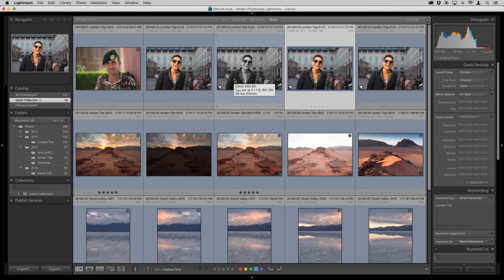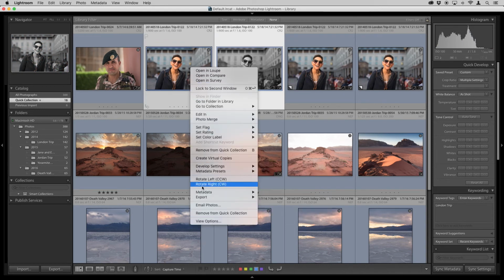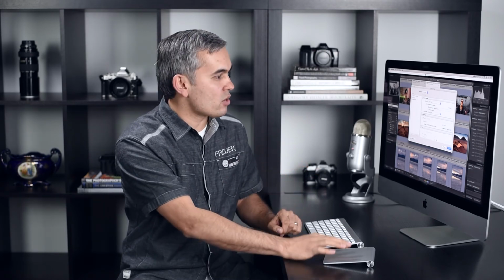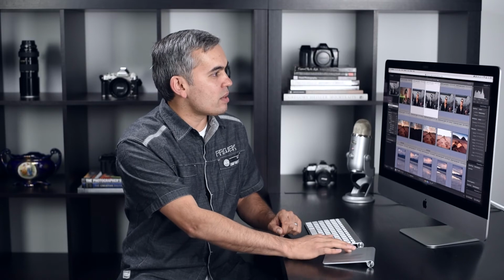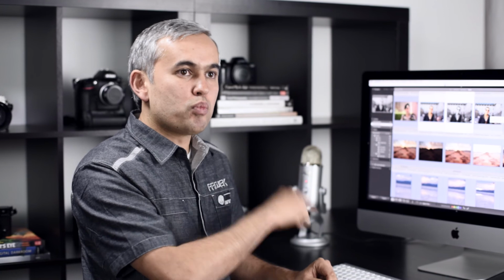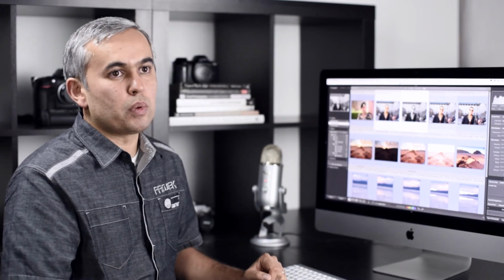Maybe you're a wedding photographer and you have a client that's requesting an image in regular color and black and white. When you select these versions, you can right click and export, and it's going to actually export these as two separate files. Now, this is probably one of the most useful features that you might not know about because it's actually treating them separately. Whereas with snapshots, you would have to create a snapshot, export that version, then create another snapshot, then export that separately. So it does make that process much simpler and easier.